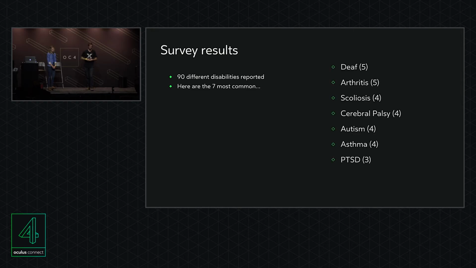Here we go. So we had 79 participants reporting 98 disabilities, and on the right are the 7 most common conditions reported. So it's a very diverse group of conditions, and you can see many of the categories from the Game Accessibility Guidelines website that Hannah mentioned before. They're all represented here, so cognitive, motor, vision, hearing.